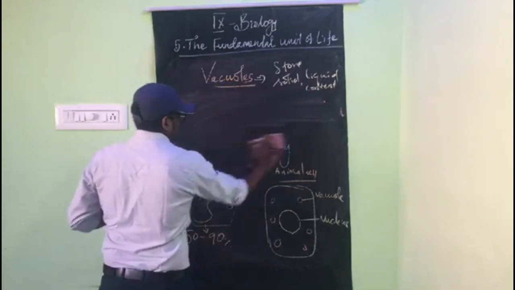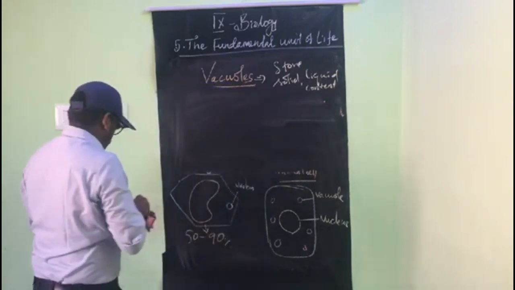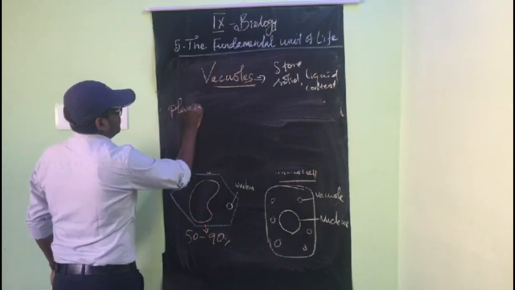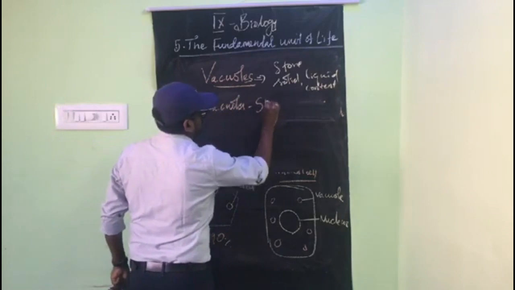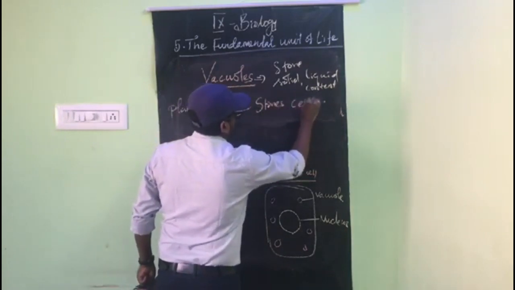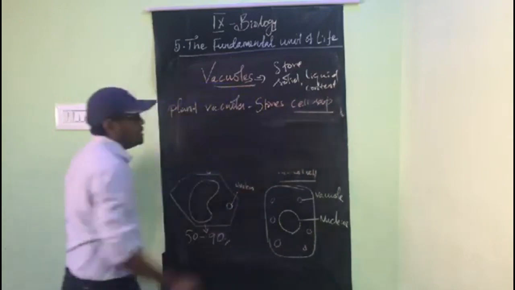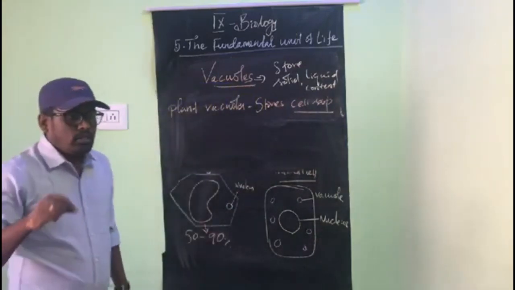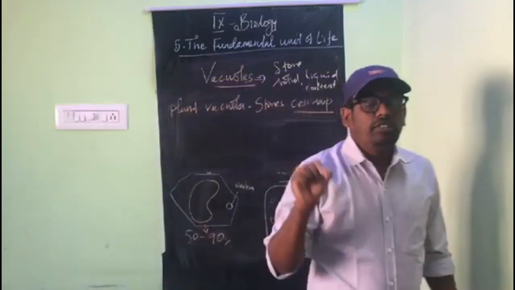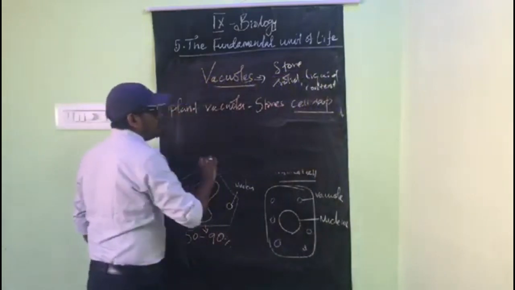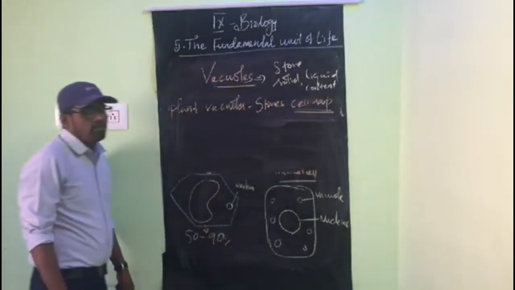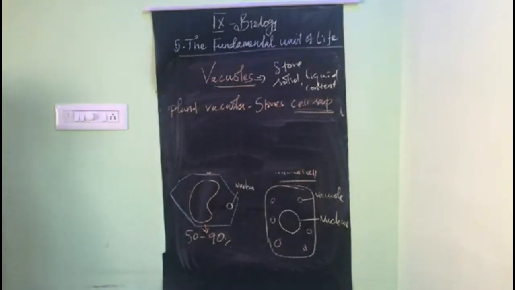In plant cells, plant vacuoles store cell sap. What is cell sap? Cell sap means the fluid substances inside the cell. So in plants, the vacuole stores the maximum cell sap, the fluid substances and the nutrients. So this provides turgidity